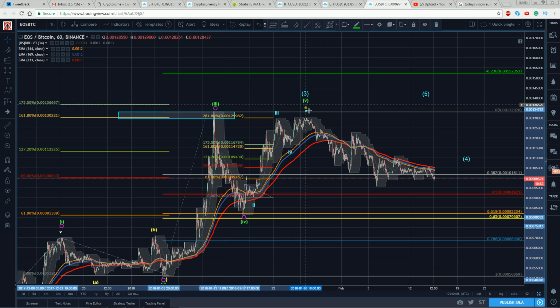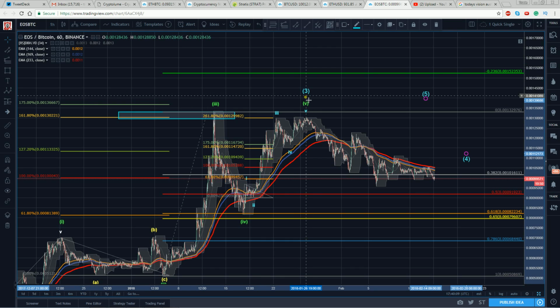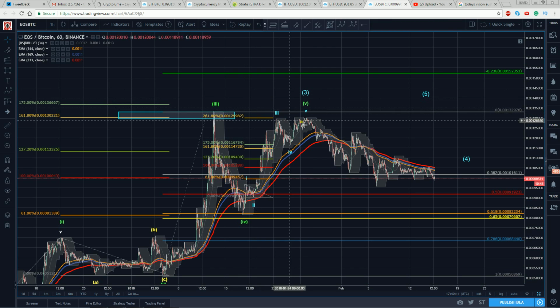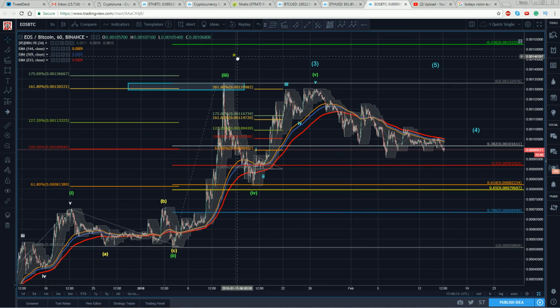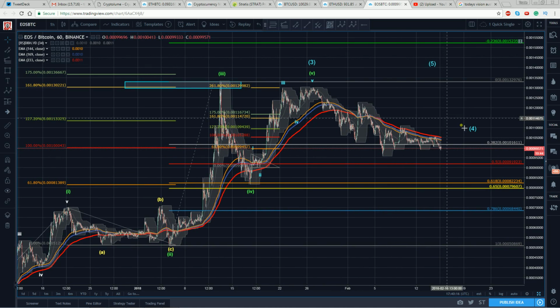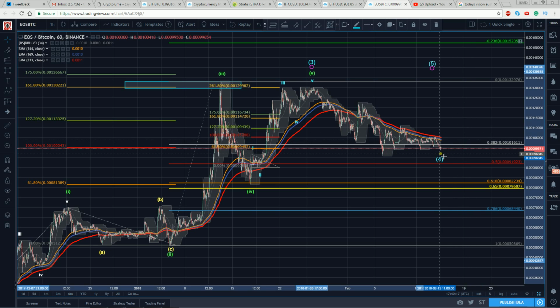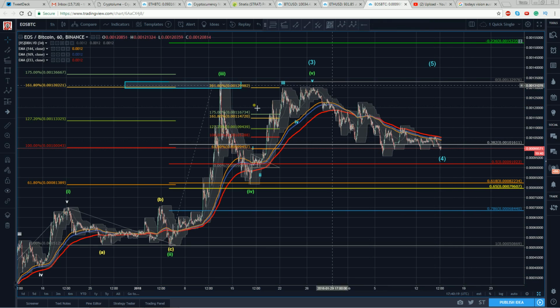So that's why you can't lock into these counts. You've got to work backwards through it, because now this is affecting what we think is happening here. If that's the 3, then we're putting in the 4 here. Well, we got to go dig into that. So I think we've got a pretty clear count here. If I go, there is my 4, 3, 4, 1, 2, 3, 4, 5. Get a truncated 5th.